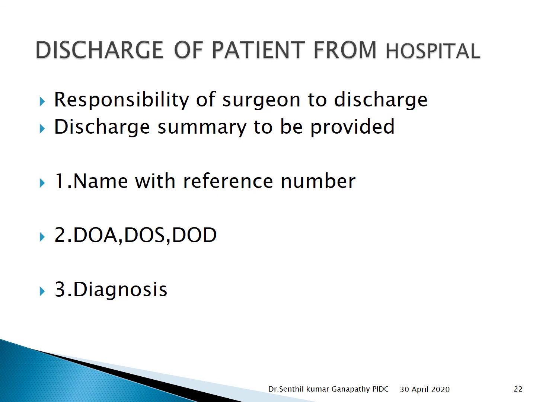What information do you need to provide in the discharge summary sheet? First is the name with the reference number, the basic information about the patient, age, gender, etc., and the date of admission, the date of the surgery, and the date of the discharge. That has to be mentioned, and a brief case history about the condition for which the surgery was performed. That is the diagnosis you have to write,